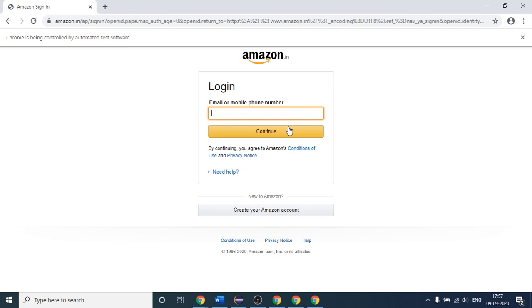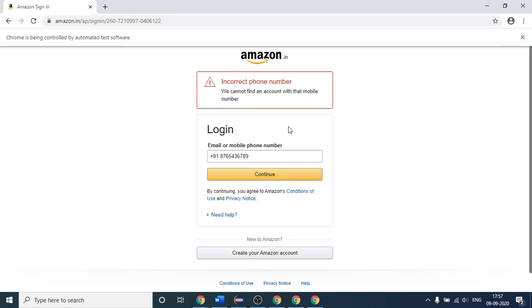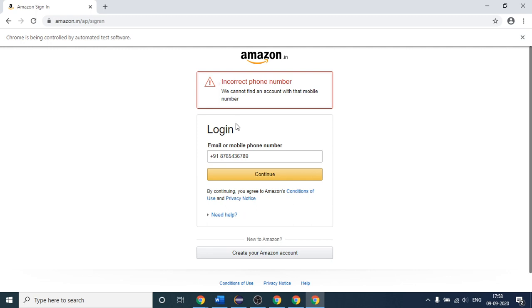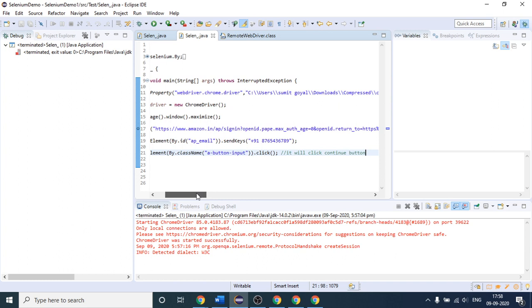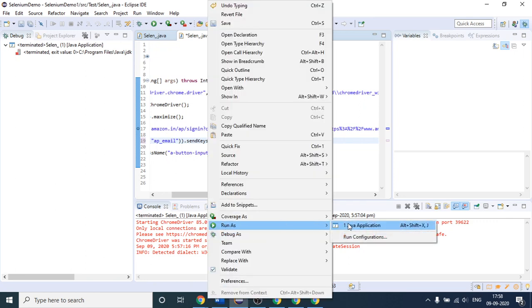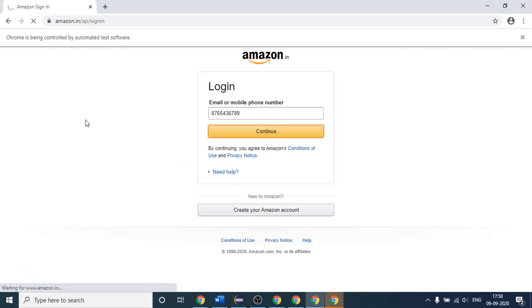It will enter the number in a short while. See, it has printed the number. We have not navigated to the next page because it has thrown an error after clicking on the continue button. Our script is correct, but it has thrown one error. So let me write the number this way. I think it should work fine now. We will run this again, because if the number is like this, then our script will definitely continue.